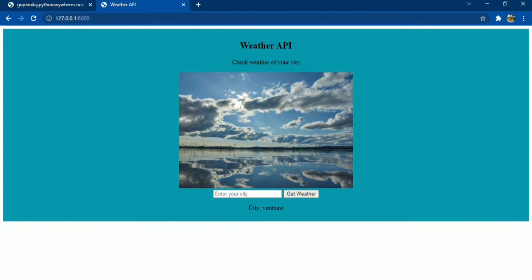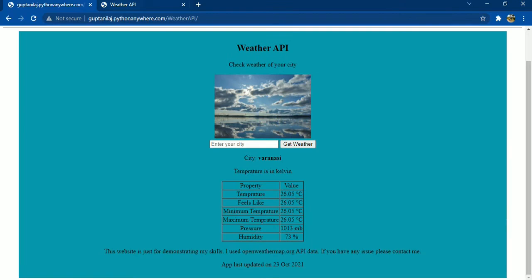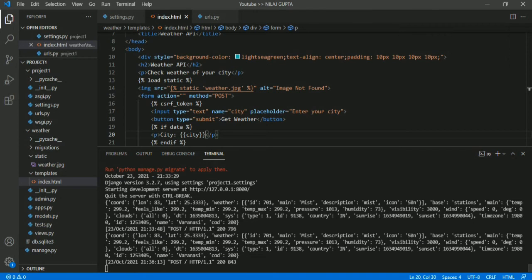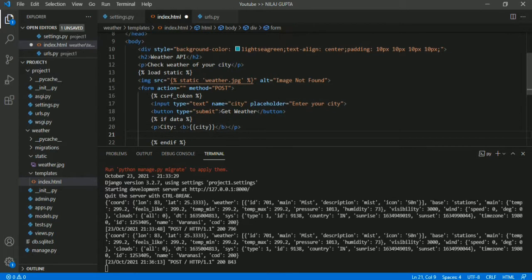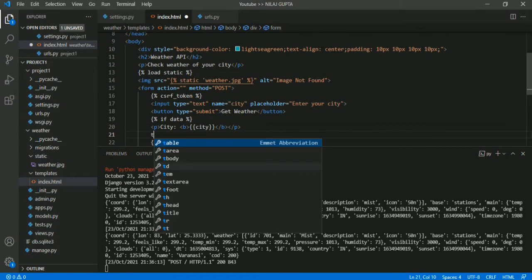Okay, so the city is showing, and let's bold it.